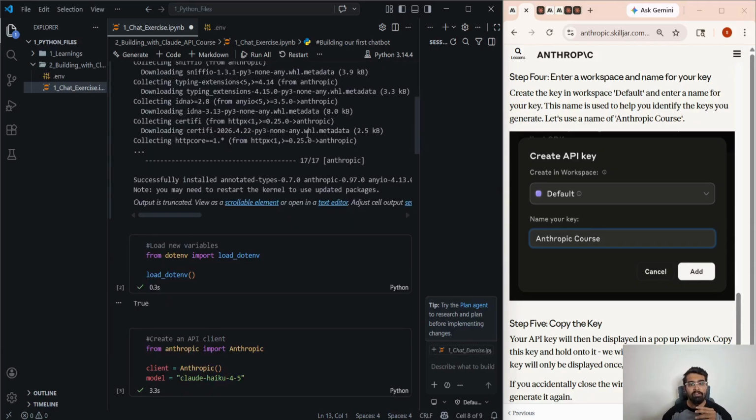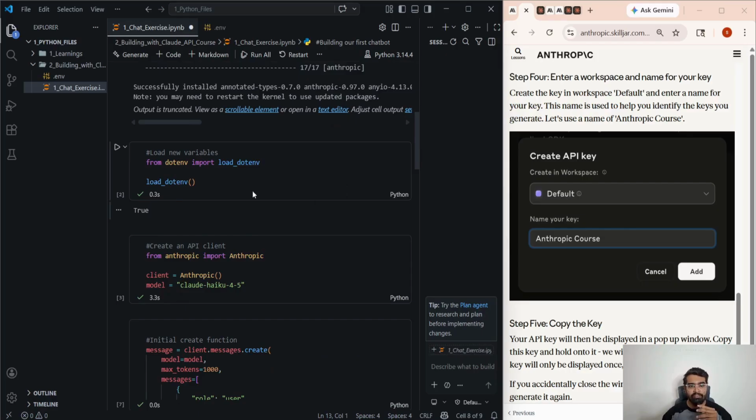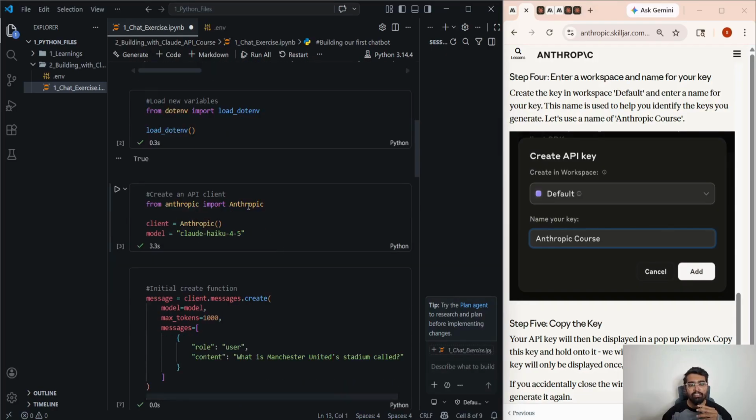Now that we have all our dependencies successfully installed, let's start loading the .env file into the code. This is the file where we have stored our API key. The next step is creating the API client. For this we'll leverage the Anthropic library, then create an Anthropic client, and we'll use Claude's 4.5 model